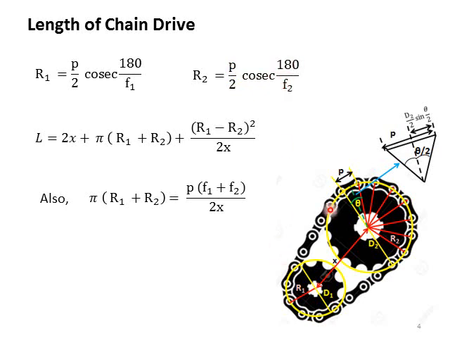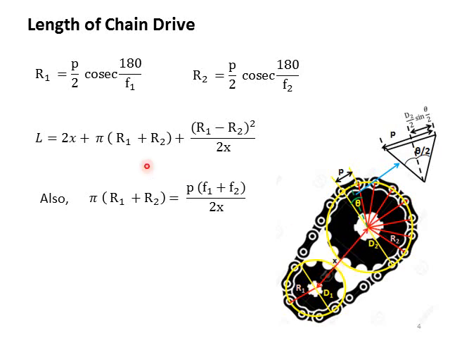Another very important terminology that we are seeing here is the length of chain. If we start the chain from here and we measure the length all around both the sprockets and it ends here, how much the length of this chain will be can be easily calculated via this equation, with length of chain equal to 2x, where x is the center to center distance of driver to driven sprocket,